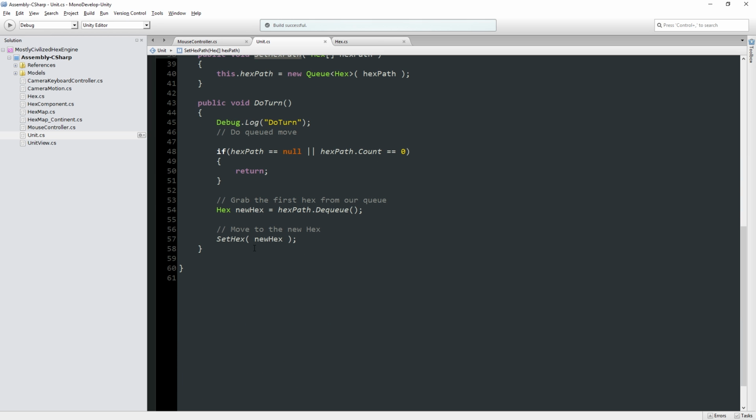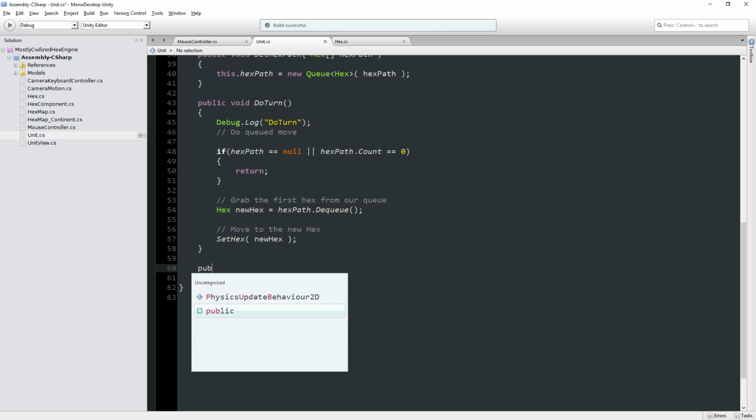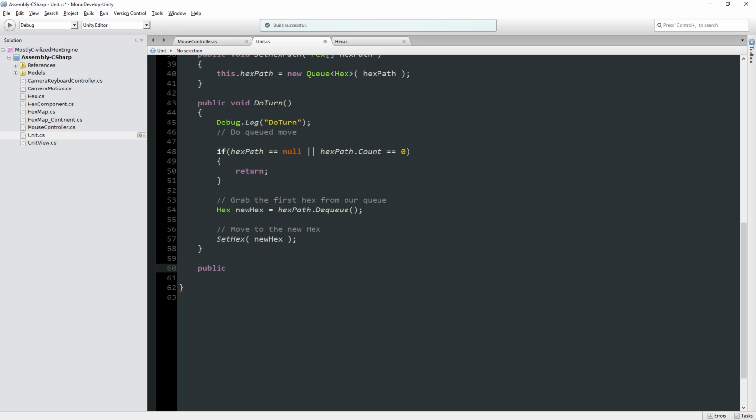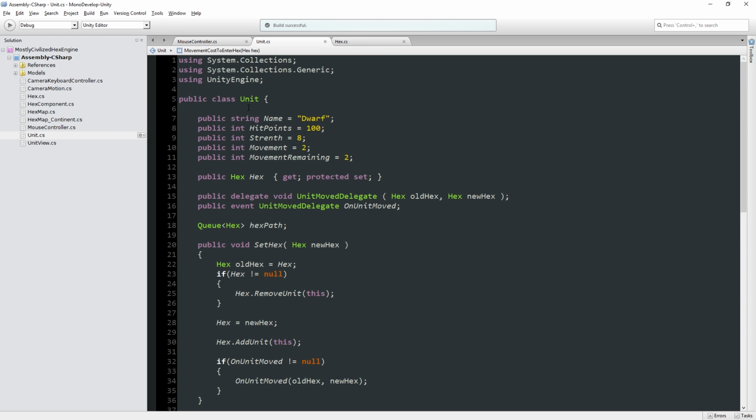That's perfectly fine. Now, the next part is we're going to need ultimately two helper functions here for our pathfinding. The first one is going to be pretty obvious, and it's going to be something that we're going to want for lots of things. We'll clearly make it public, that's fine. And this is going to be an integer. This function is going to be something like movement cost to enter hex, or something like that. Okay? And this is going to take a hex. We might rename this. But the idea is we want to know how much would it cost this unit to